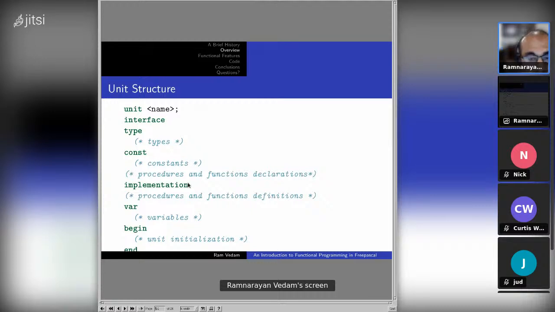So you could think of the interface section as being your header file, and the implementation section has your .pas. For whatever reason, I'm still wondering the motivation behind this design.